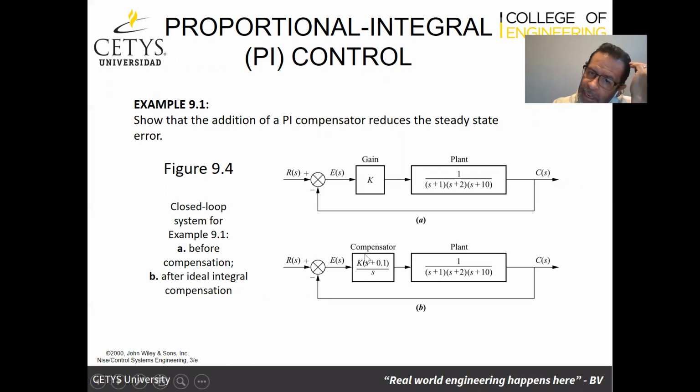Now, how we define the K and these values, we're going to get to that when we talk about PID tuning. Right now, we just did it with simple root locus design. We can do it that way, but there are some tips as to how to establish these values. The value of A that we're giving here is a 0. As long as it's a very small value that's very close to the origin, it's equivalent to just having the S over here on the bottom, which is what we're interested